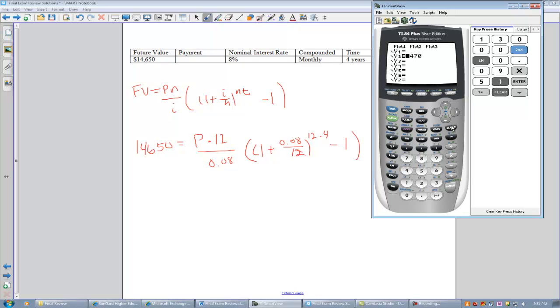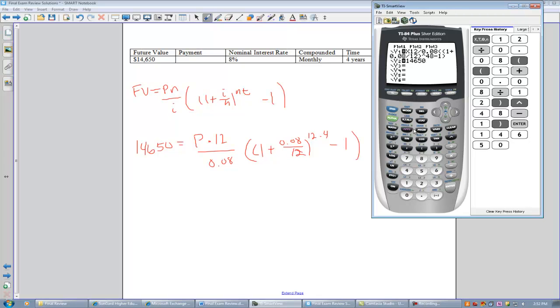So clear all this stuff out and plug it in. So I have P, which is x, and then I have 12, divided by 0.08, left parenthesis, 1 plus 0.08, divided by 12, in parenthesis and raised to. And now here you have to be careful. If you enter 12 times 4, you're going to have to put parentheses around it. So to avoid that, I know 12 times 4 is 48, so I'll just hit raised to the 48 minus 1 in parentheses. And then for y2, I'll put